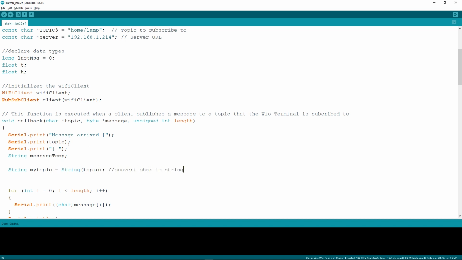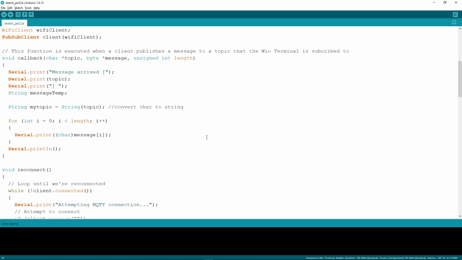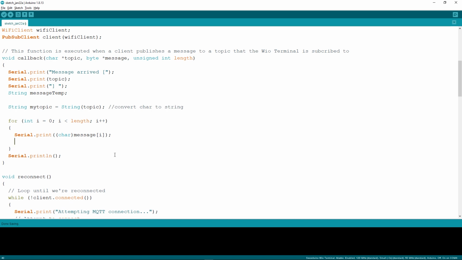So later I will show you why I converted this into a string. Next, go down and under here add this code. So this is to store this message inside this variable, and this is the variable that we defined before.